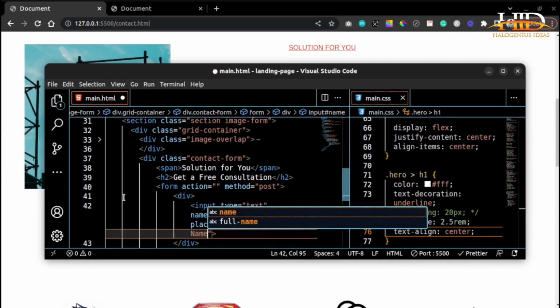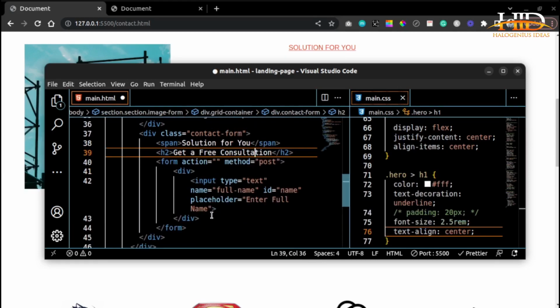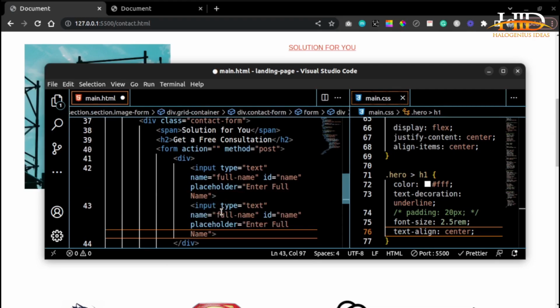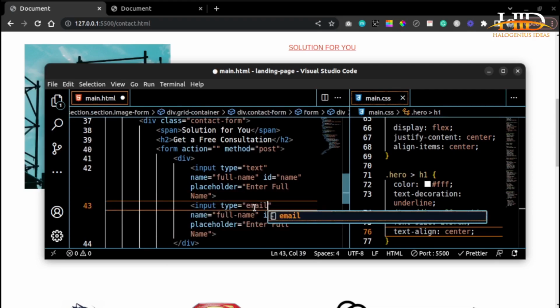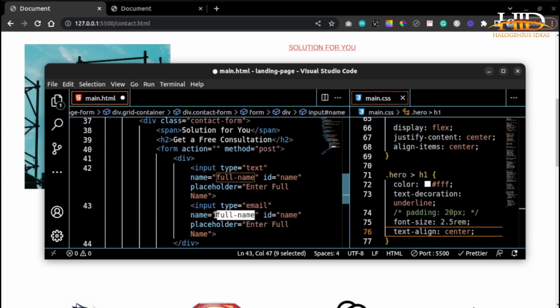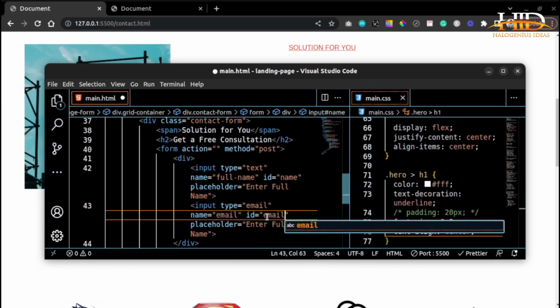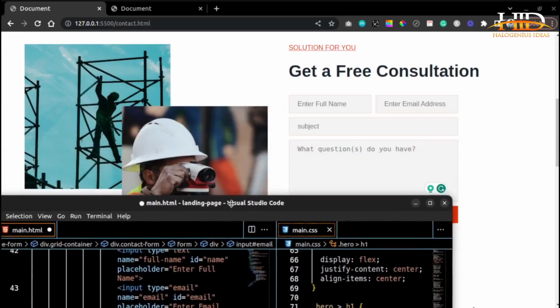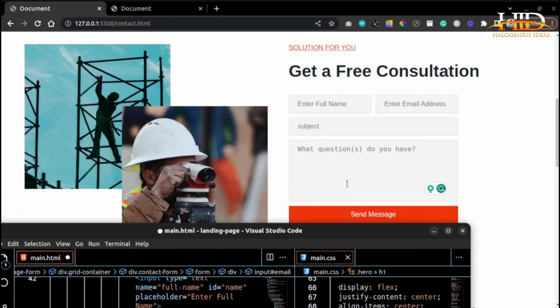Okay, so after that I'm going to be entering the one for email. So let me just copy this, and so this one will be for email. The type is going to be email, then the ID is going to be email as well. But the placeholder is going to be enter email address. Okay, so now we can start adding the HTML element for subject, what question is, blah blah blah, and